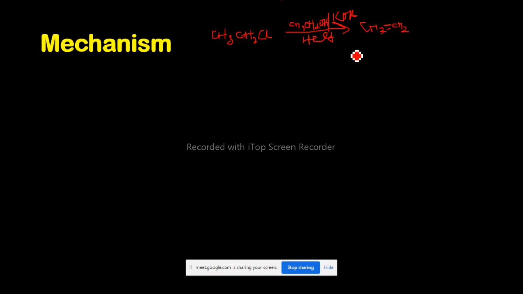So the alcohol reacts with the potassium hydroxide. Let's demarcate our board. So the alcohol, CH3CH2OH,